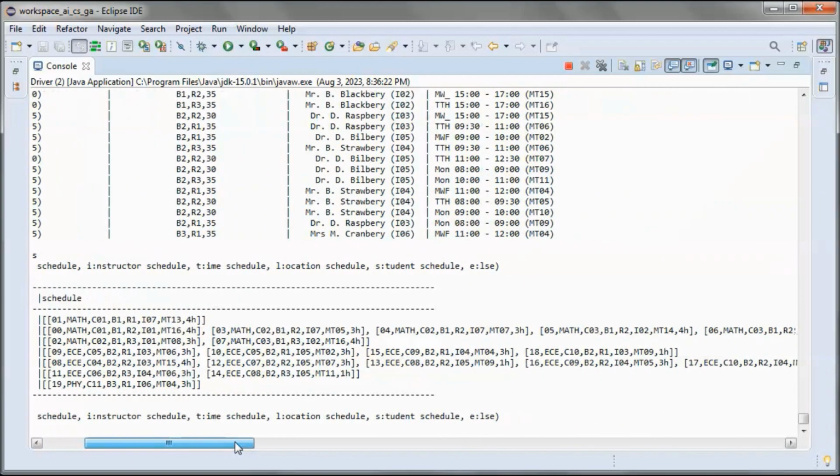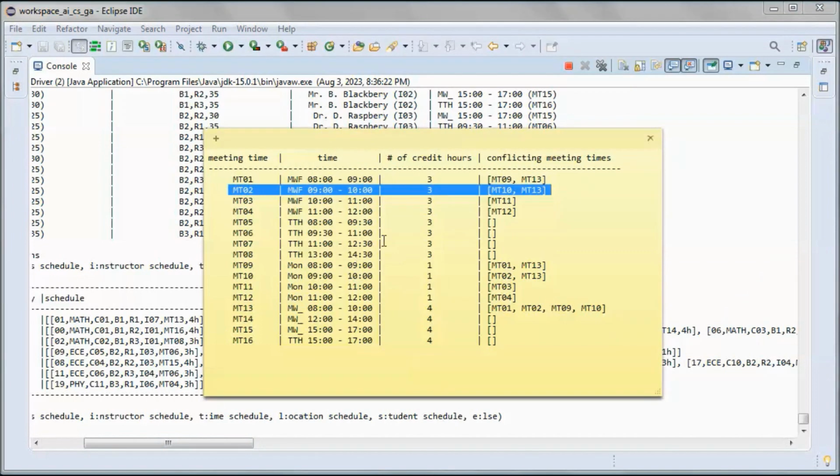And let's show that none of those conflict with each other.